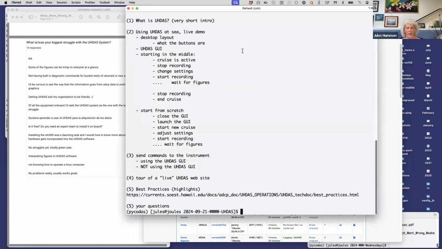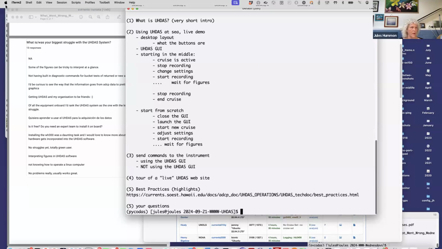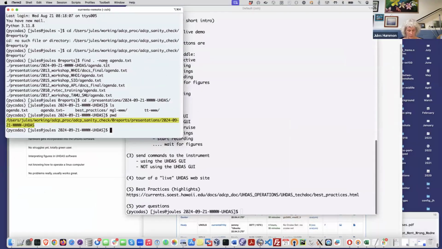So what I'm going to do is, this is an import cruise, so it's not going to be very exciting. I'll show you 2 real websites that I snitched from the Thompson and the Langseth yesterday with permission. So we'll see from those websites what the people at sea are looking at. But right now, I'm going to take you through how to run UHDAS at sea. We don't want to start from scratch because then you have to wait half an hour for the plots to populate. So let me log into